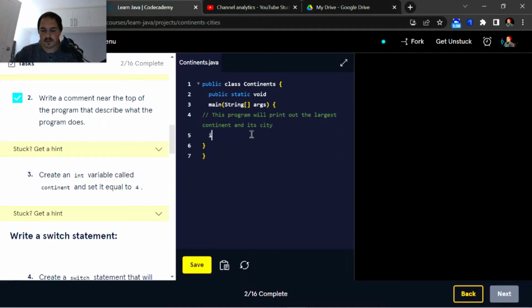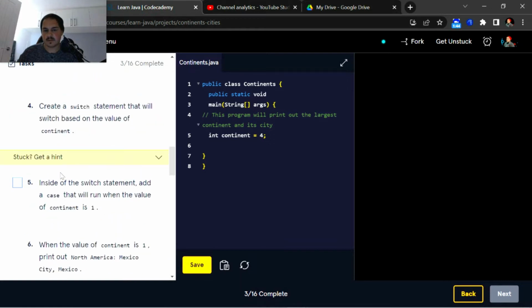Okay, so we're going to start off by creating an int variable called continent and setting it equal to 4. Right after that, we're going to start off with the switch statement. We're going to start with the first case. Then we're going to print out